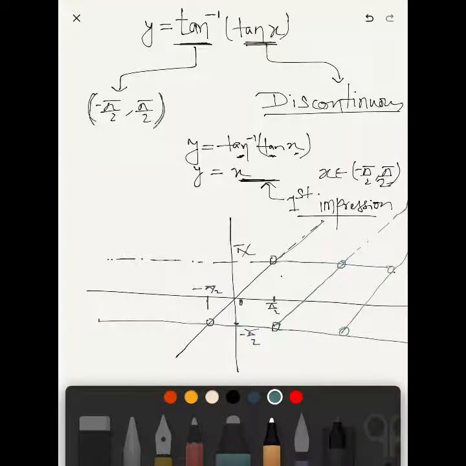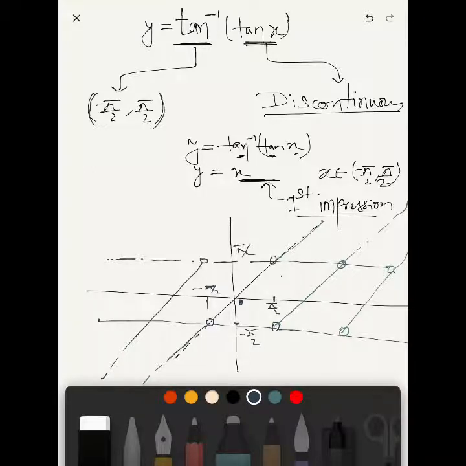Isn't it? And it goes on. Okay, and when you see on the left side again this branch, look at this branch, we will break this graph at this boundary and shift at this boundary. Okay, and the portion which is this side will be shifted up and it will look like this. Okay, we will draw from the other boundary.